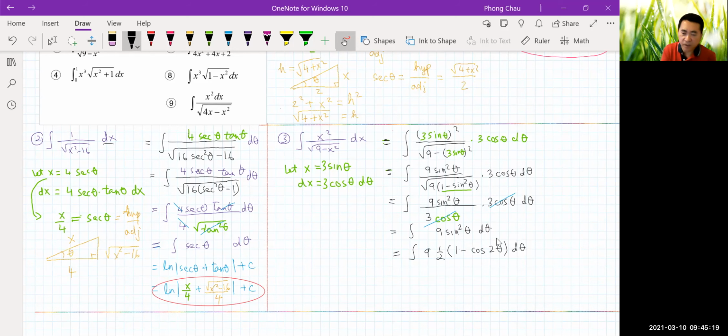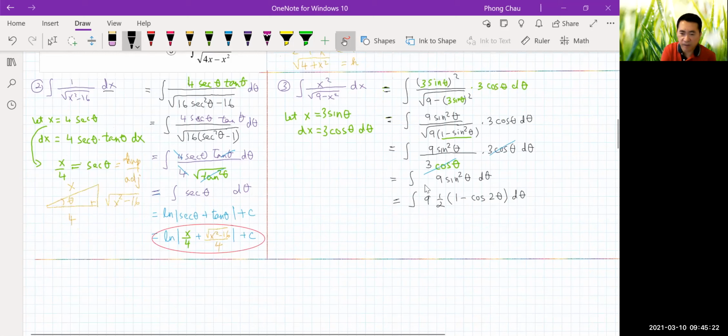Okay, then from here, from here I can integrate. That's not the problem, right? So we can simplify it here because the 9/2 is a constant, we can take that out. And now you have